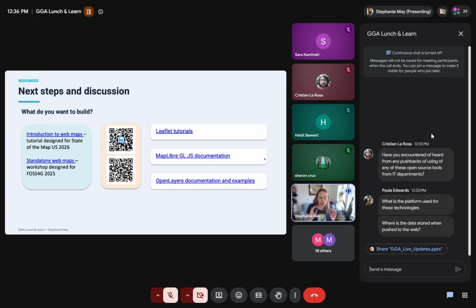And that makes it very easy for any static content, including map tiles. The one other thing I'll say, to answer this question of where the data is stored when it's pushed to the web: map tiles don't always require a tile server, because there's this technology called PM tiles. I don't know if anyone's heard of that one, but PM tiles is just a file that contains the tiles, and it works the way the internet works.